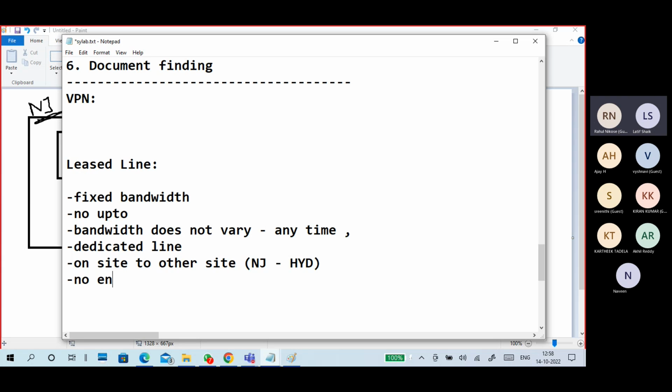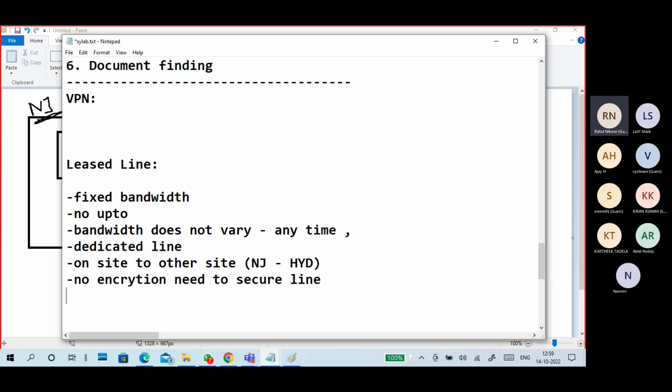No encryption needed to secure the line. To secure the line, we don't require any encryption because it's your own dedicated line.